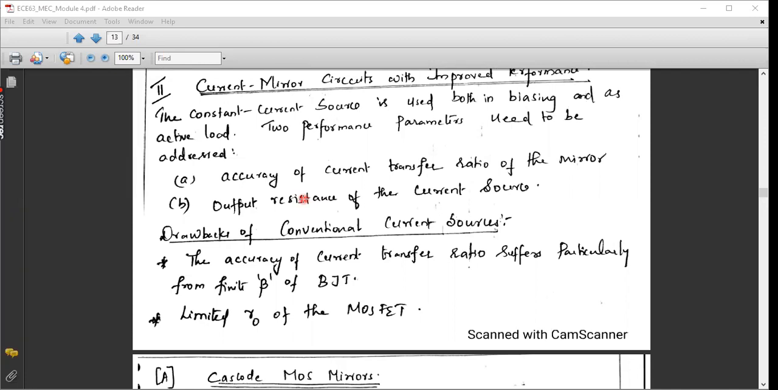So what we are going to do is study some new mirror circuits which will compensate for these two drawbacks. That is, improving the current transfer ratio, making it 1:1, and similarly increasing the output resistance towards a high value in spite of using the conventional MOSFET devices. So these are the two parameters which